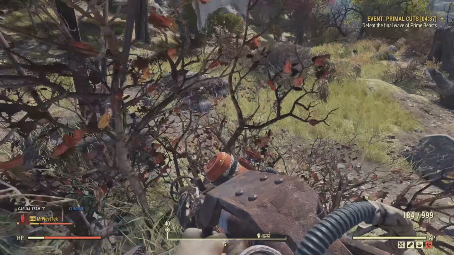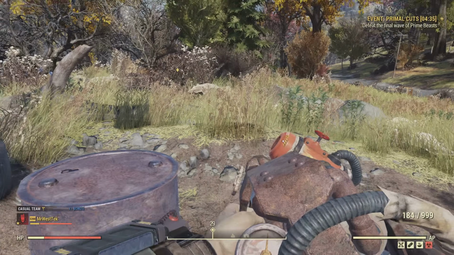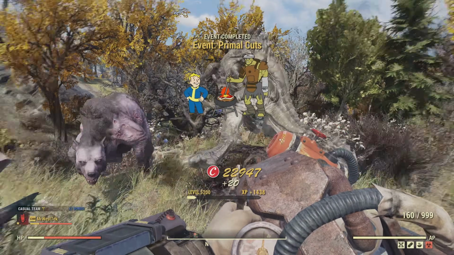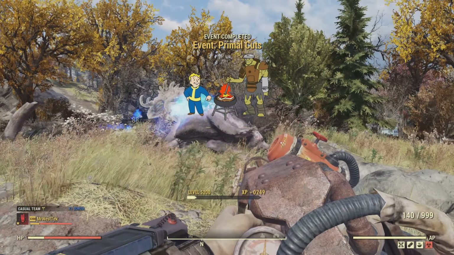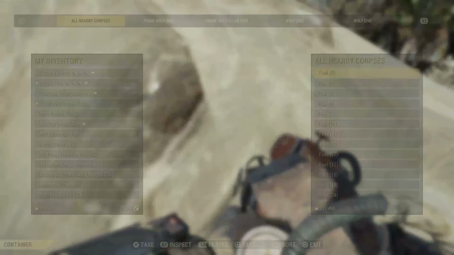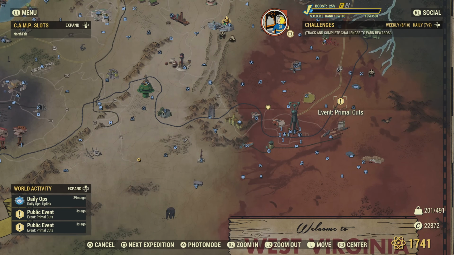You just got to watch out for those bears, and the final boss is a Deathclaw, which isn't too hard to kill. So again, I would say this is more of a beginner one, but probably not the best one to go to. None of these ones I've said so far are really the best for XP or materials. Now these final two that I'm going to show are...